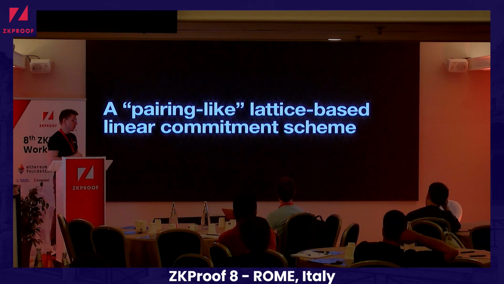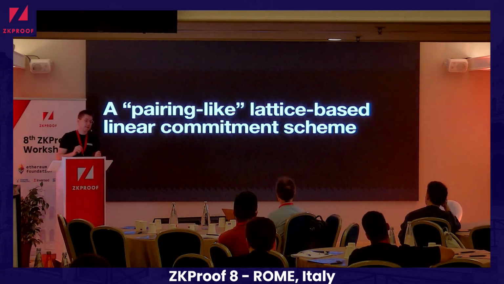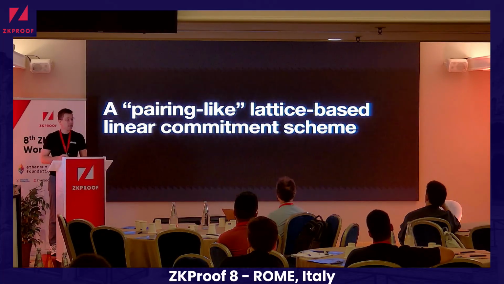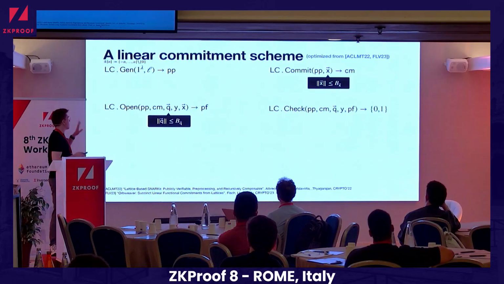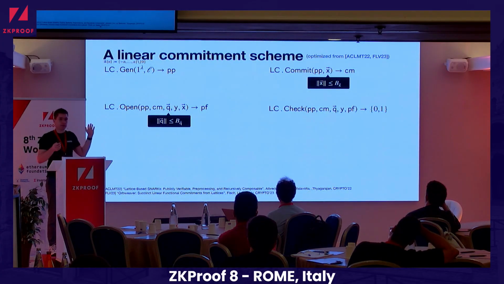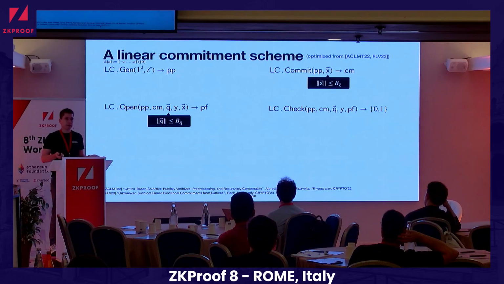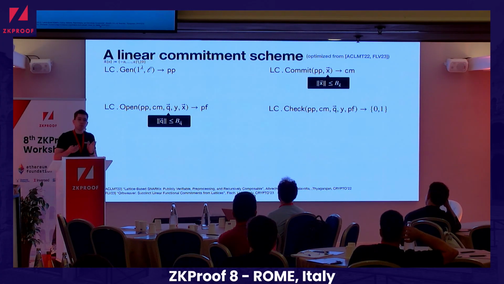Okay, so I'm going to give you a pairing-like lattice-based linear commitment scheme. So a linear commitment scheme has four algorithms. We do generation of parameters for a given vector length L. We commit to a vector x of length L using these public parameters. Here the vector is going to be small, so the entries are of bounded norm, and we'll get